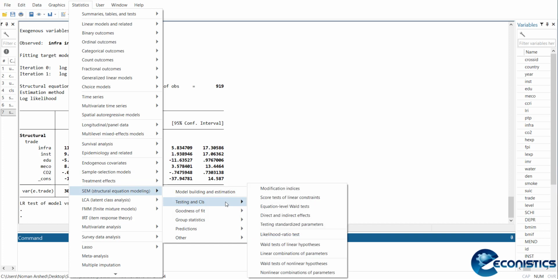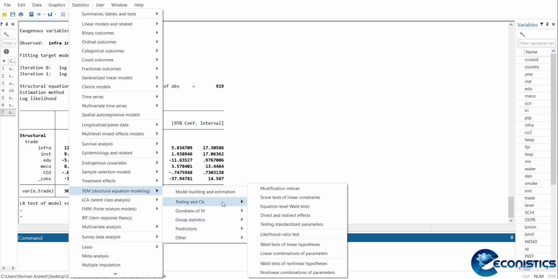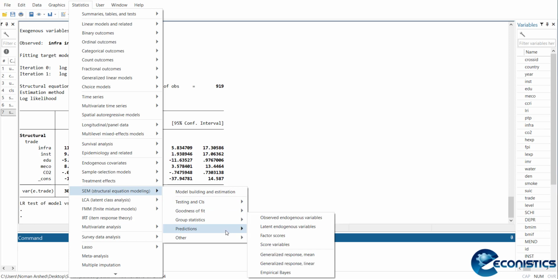You can go for the overall goodness of fit of the model that's needed, and further you need direct and indirect effects if there is more than one equation, but in this example there is only one. Then you can go for predictions. You can estimate the dependent variable or the latent variable that you have used. At the start it is unknown, but after regression it becomes known.